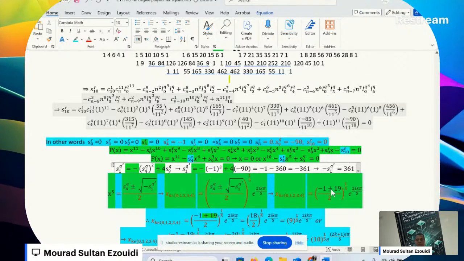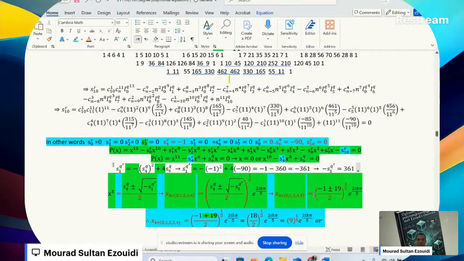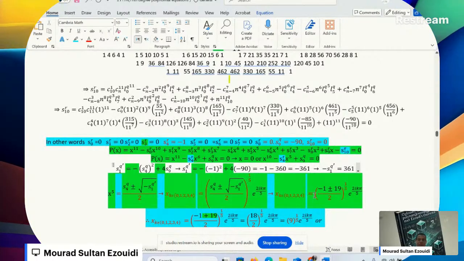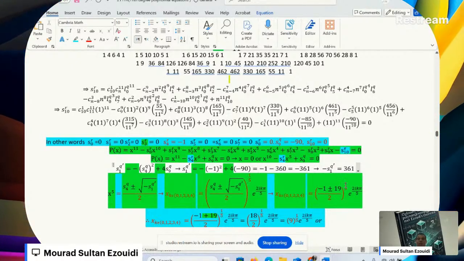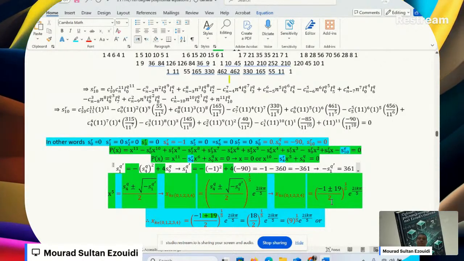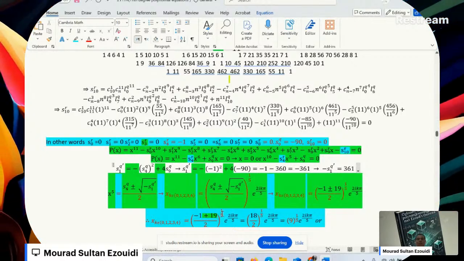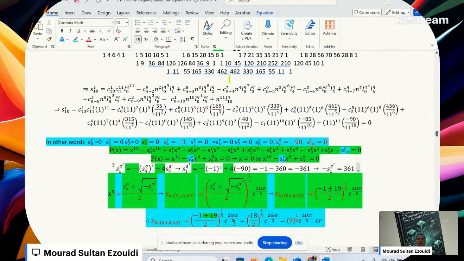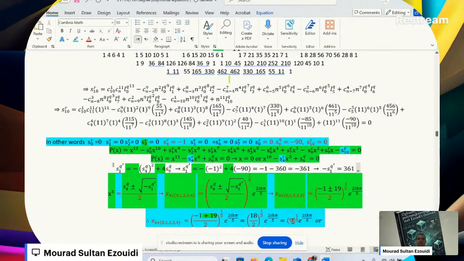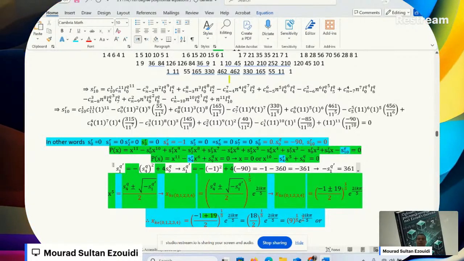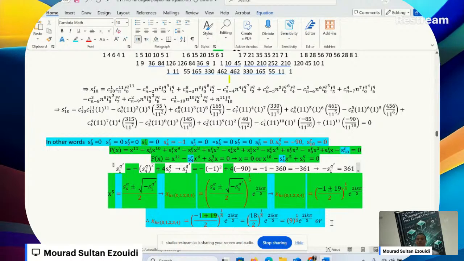So I will make the substitution. Means I will make what? I will make S4 as minus 1 and the root of negative S1 of Q dash is 19. Okay, so here I will write it like that. I just make the substitution. Now the first five roots are minus 1 plus 19 divided by 2, raised to the power 1 over 5, exponential 2ik pi divided by 5. 19 minus 1 is 18. 18 divided by 2 is 9. So the first five roots are 9 to the power 1 over 5, exponential 2ik pi divided by 5. These are the first five roots.